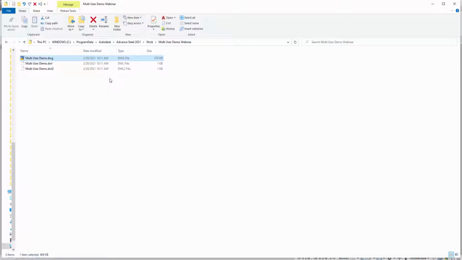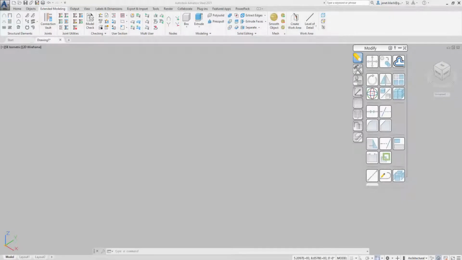For this demonstration, two users called user 1 and user 2 will be used. The template we're using is an imperial template, and it's a new drawing. Each user wanting to modify the network model structure must connect to it. In order to do that,